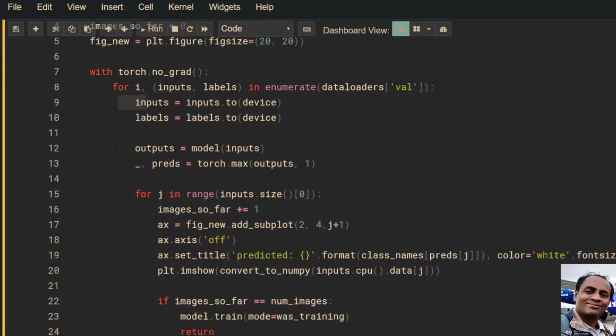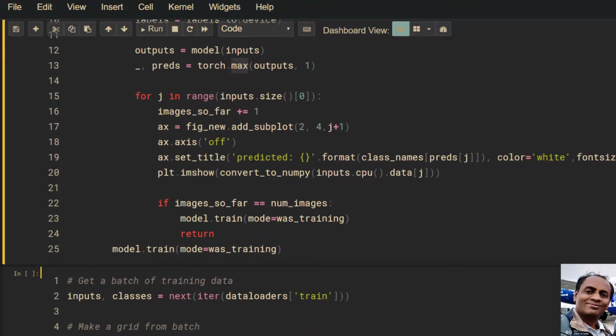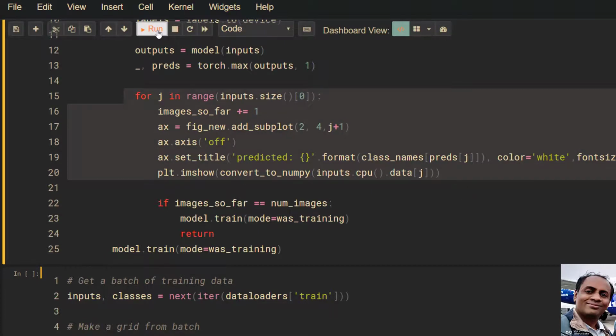See, we're passing the image through the network and finding the outputs. The predicted outputs will be the max index of the output, which gives you the label, and this part is printing the image.